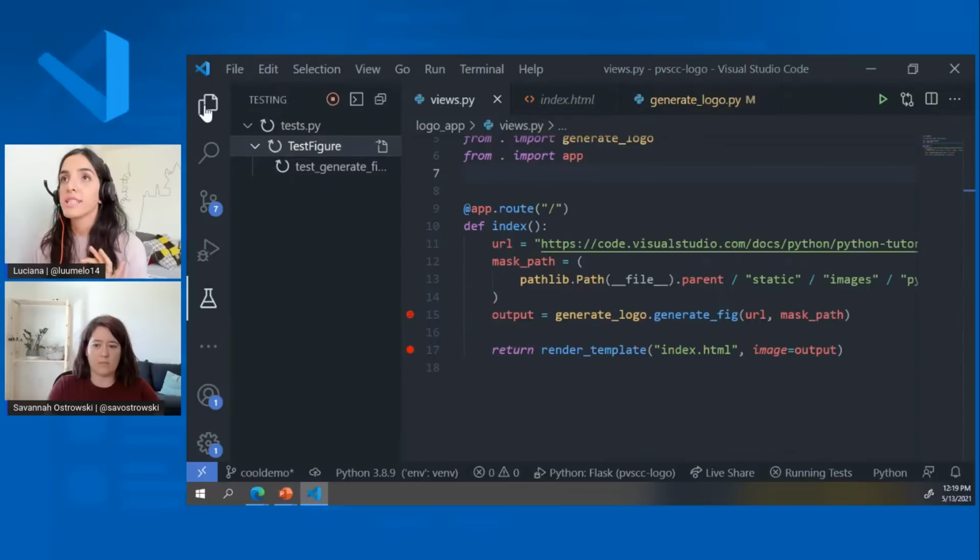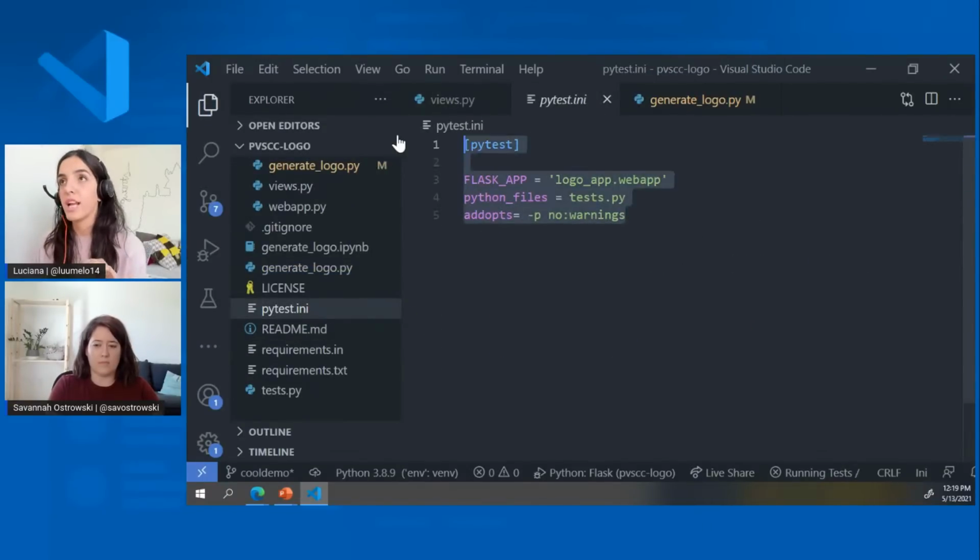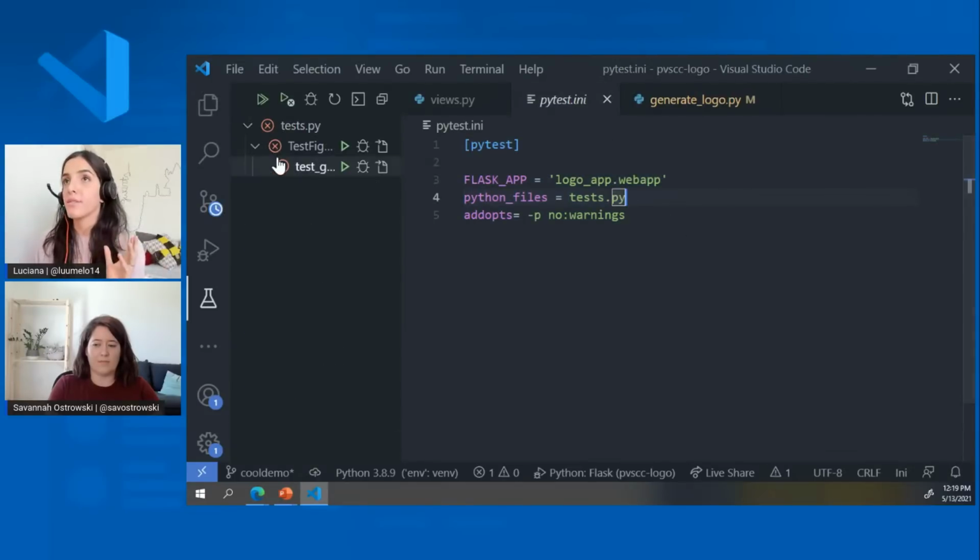But one thing that is key for me to show you here is that this is a Flask application, so I had to set up a pytest.ini file so that PyTest understands these are Flask tests. So basically, I just provided the value for my Flask app, where my tests are, and asked it to give no warnings. Cool. And I had to hit that play button,